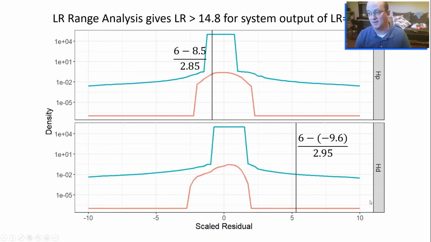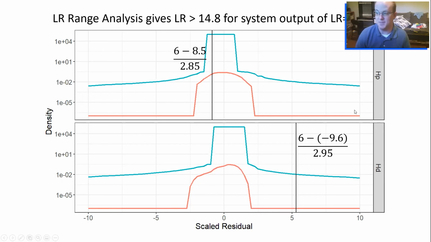So that means we can take the system output. Suppose that the LR here were 1 million, and we can construct our scaled residual by subtracting the corresponding prediction from the random forest model. So that's the adjustment of the mean, and then divide by the scaling factor corresponding to that mean to find our position in the scaled residual space.